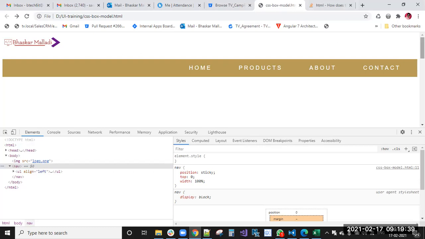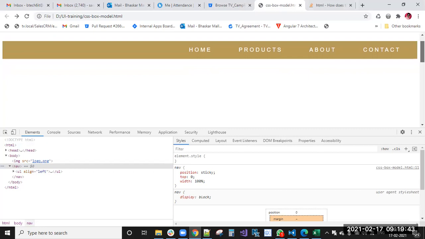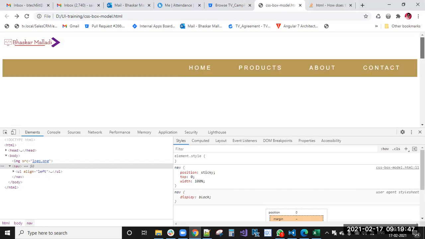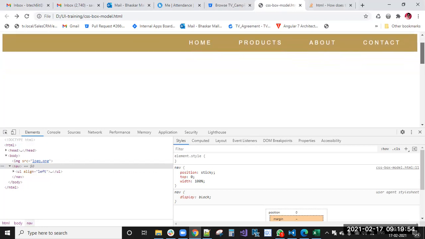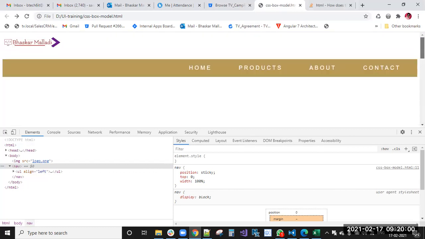When that top content is in the hidden state, you can see that it is gone, and then it will act as a position fixed element. You can go on top and see that. When you scroll, you don't want the logo, and here the content is fixed. So you can practice this position sticky.